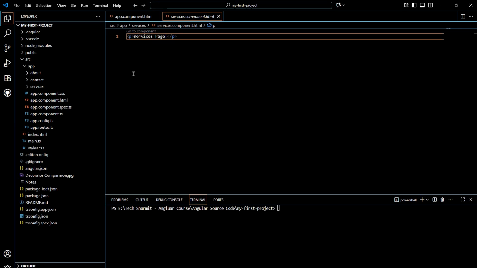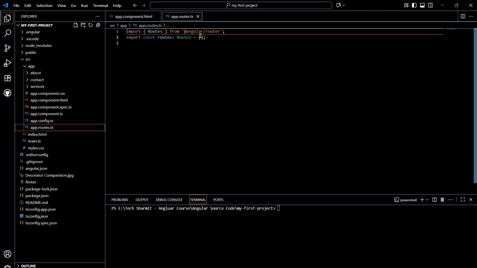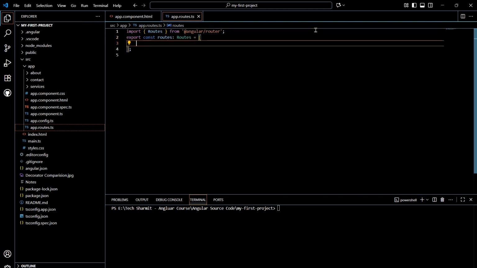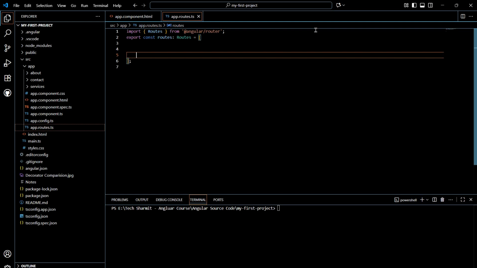Now it's time to configure it. So to configure it, you can go to the app.routes.ts file. Here you can see we have one array. So in this array I will define my paths one by one. Firstly I will use curly braces here, then I will write path colon, and in path we will put like this, about, then comma, and then the name of the component. So component would be